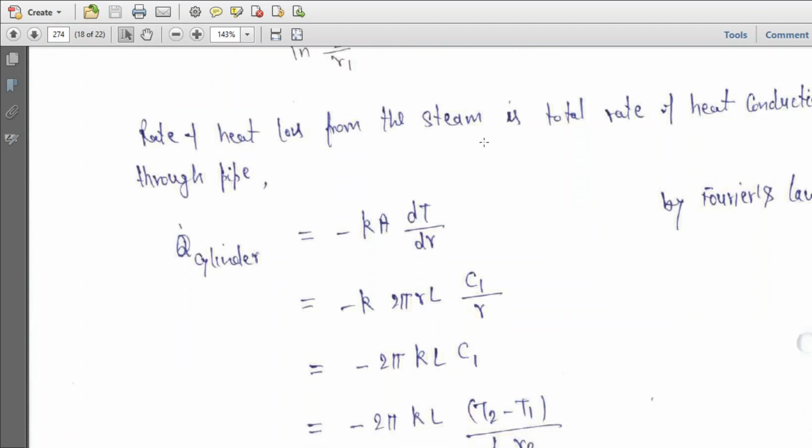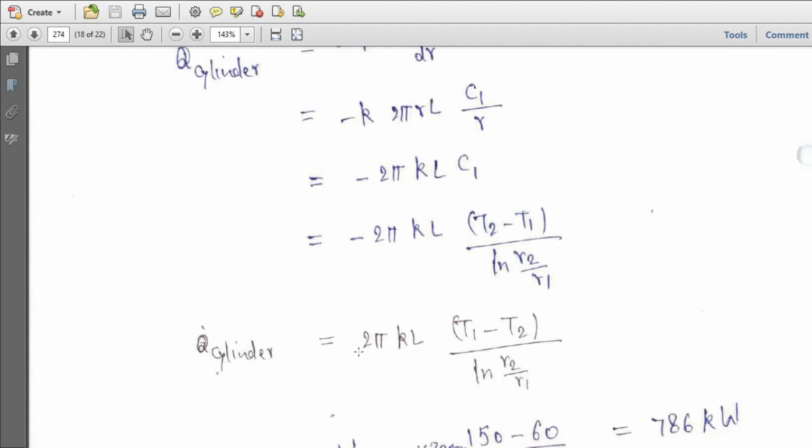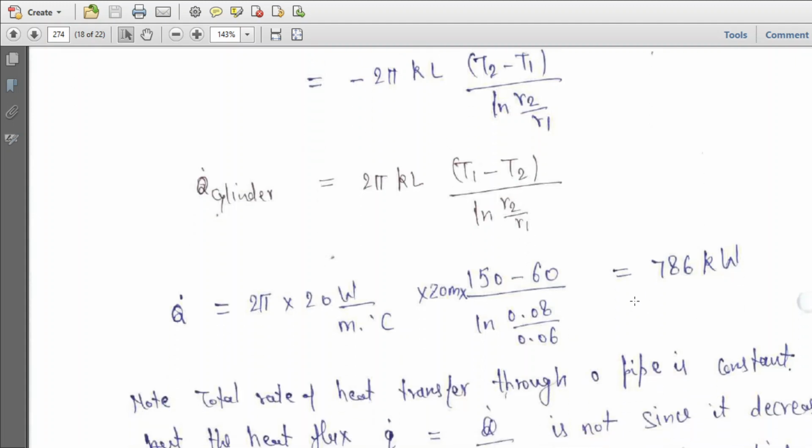Rate of heat loss from steam is the total rate of heat conduction through the pipe. So Q cylinder is minus kA dT upon dr. So dT upon dr is C1 upon R. So this we are calculating at R equal to R1. So that R and R cancel, so 2 pi kL into C1, and C1 is given by this. The Q cylinder is 2 pi kL (T1 minus T2) upon ln(R2 upon R1), substitute that value, 786